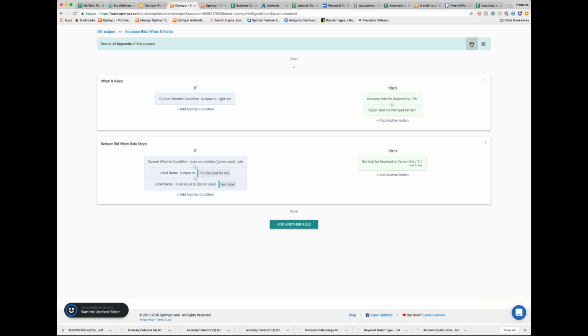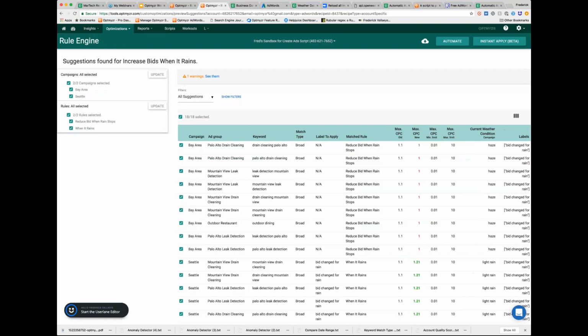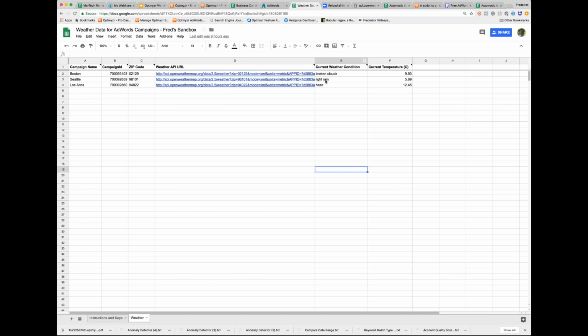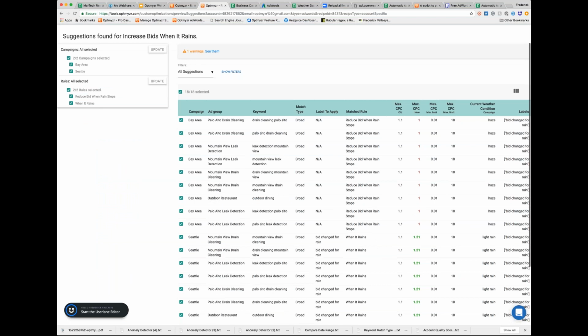So based on this, I can also preview what would happen in this case. We'll give that a minute to think about it and take a look at what the current weather conditions are. So let's take a look. I believe there is light rain in Seattle. I believe those bids were already raised in this situation. So, bids when it rains: Seattle, when it's raining, it is increasing those bids. Here in the Bay Area, I guess it was raining the last time that I ran the script. Now it's no longer raining. So we've matched the rule, reduce the bids when the rain has stopped,